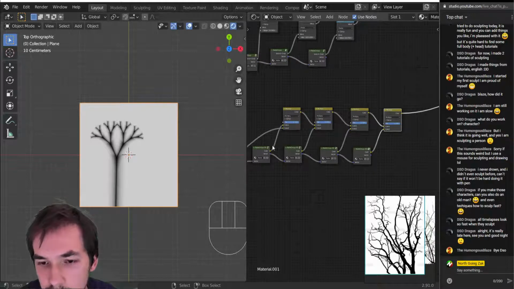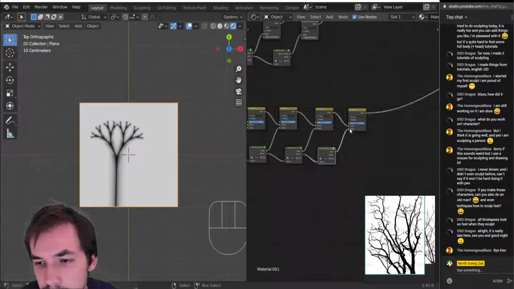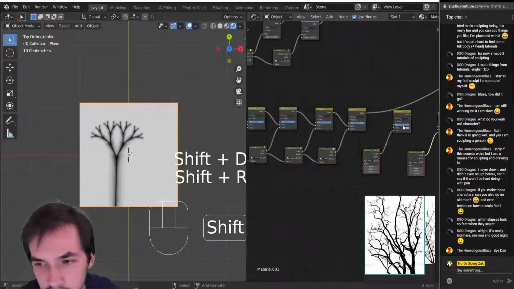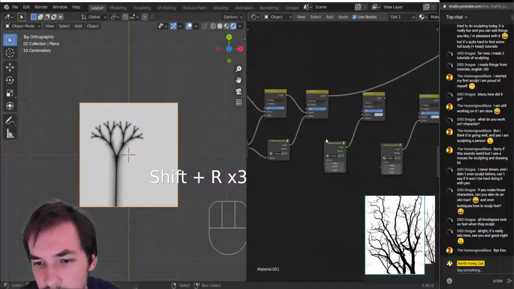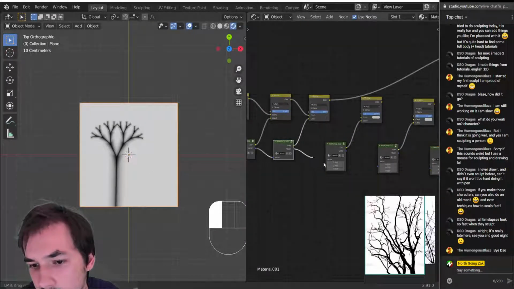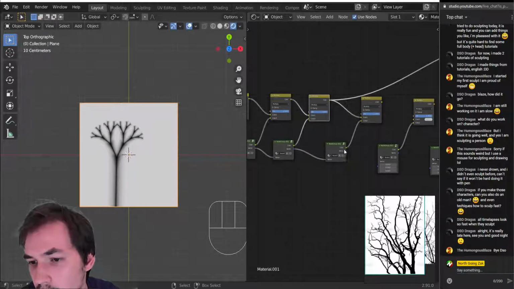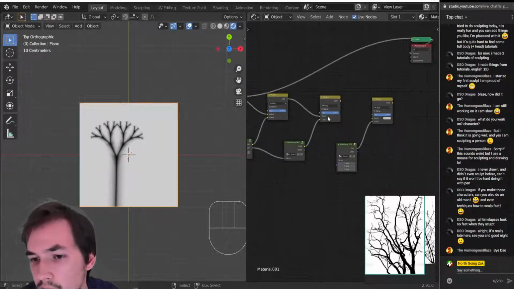So let's just copy this 2 more times. Shift-R to repeat a command. That works with modeling and everything else as well. It's a quick way to make an array. Yeah, so if I plug this in, put multiply in there, and vector in there,